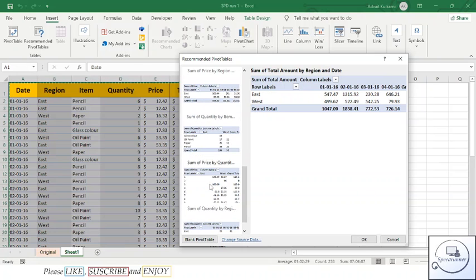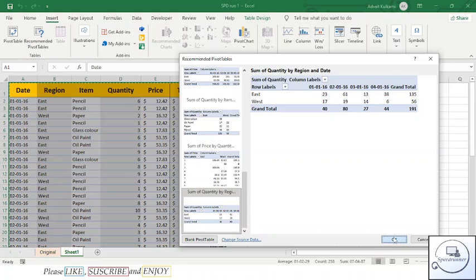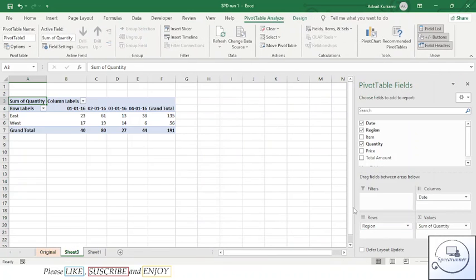Following we have sum of price by region and date. Under east and west and on four different days, you can see the amount purchased and see the grand total is the same. Then you just have to click on OK. But if you want to change the pivot field, you can change it. We are going to learn more about it once we learn how to operate the pivot tables. But till then,